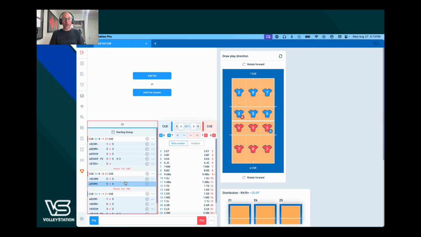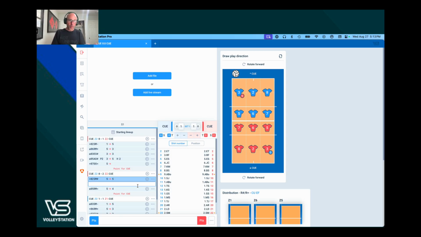I can also insert plays by highlighting the line of code before where I want to insert the play. And then if I'm on a Mac, I'm going to use the key combination Command I. If I'm on a Windows machine, depending on the size of my keyboard, if I have an insert key, I can just press the insert key. If I don't have an insert key, likely you're going to use the key combination function delete, and that will insert a line, and that'll look like this. If I press those keys,